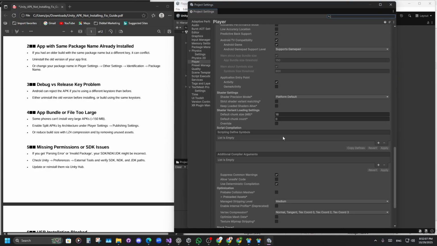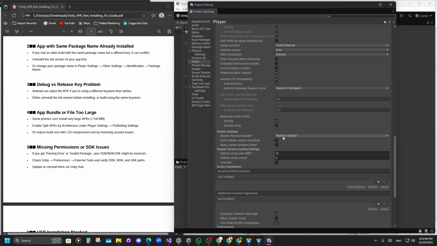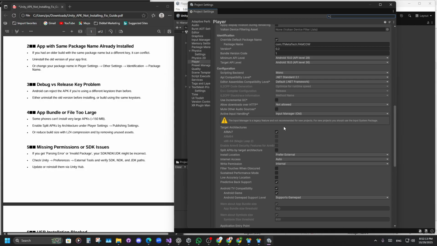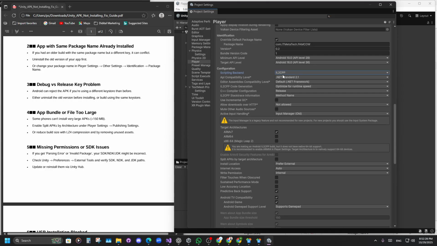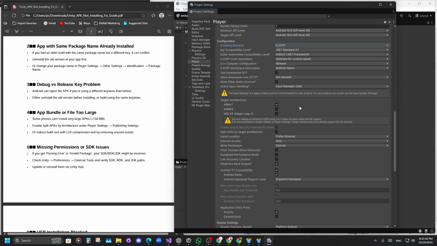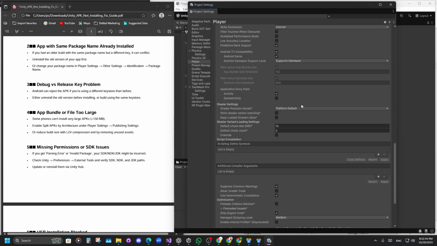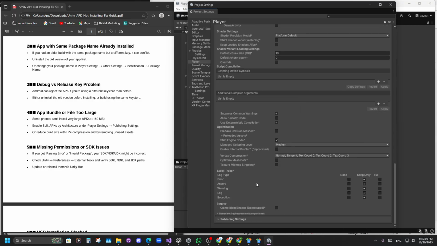So basically, if you are going to test the APK on your cell phone as a prototype, then you need to make sure that you select the scripting backend as Mono. And if you are going to publish that APK for the Play Store, then you have to make sure you select IL2CPP, and then you have to select ARM64,